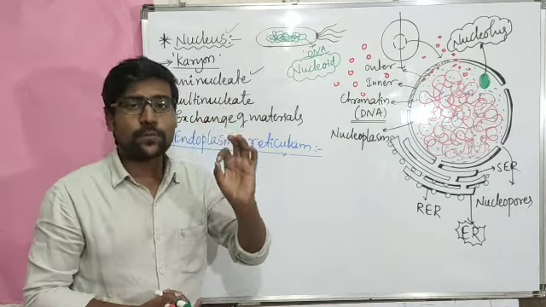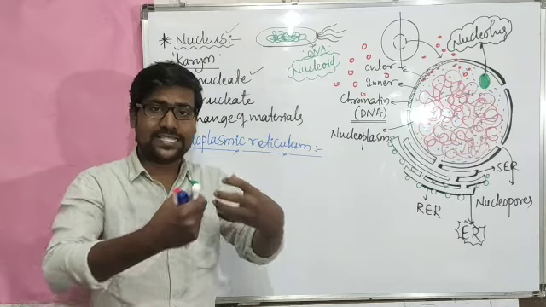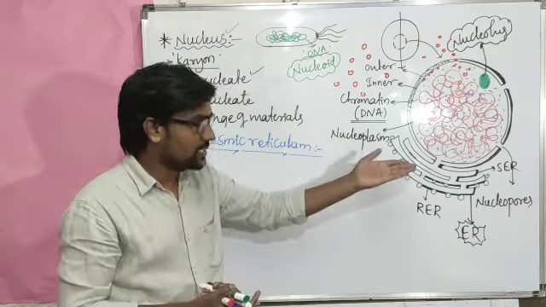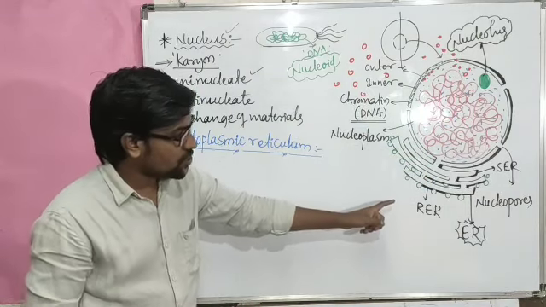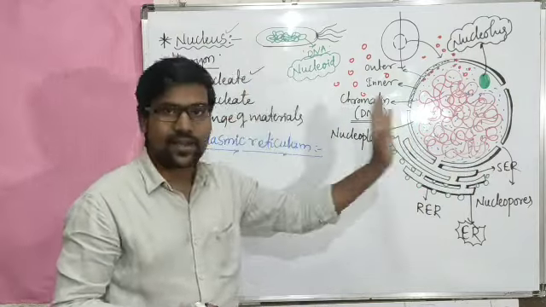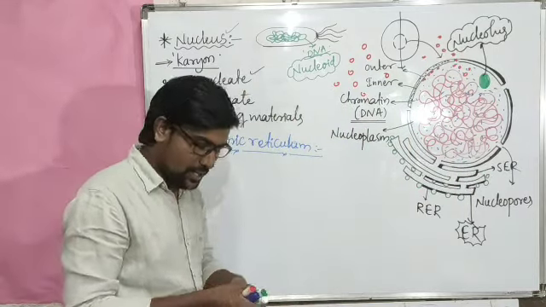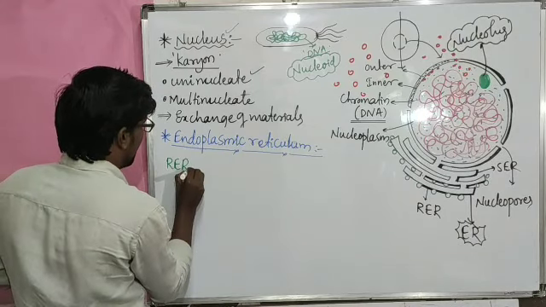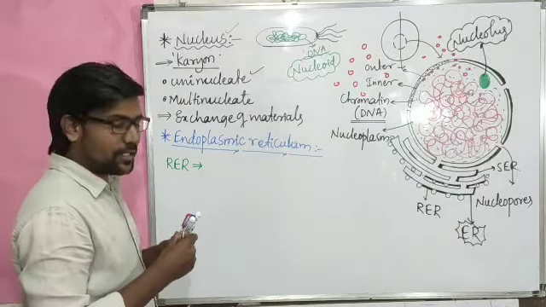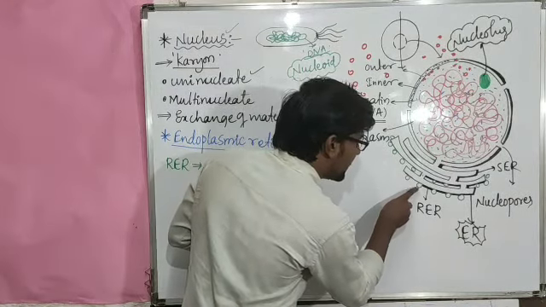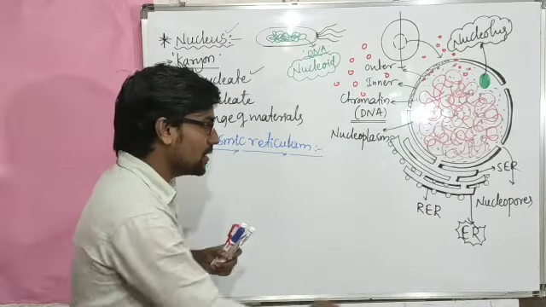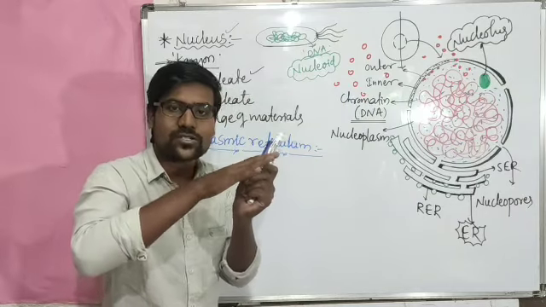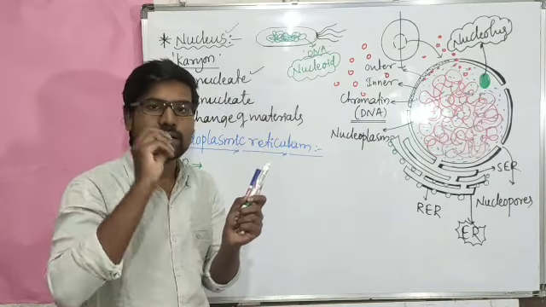And one thing, the endoplasmic reticulum internally gives one shape to the cell, just like an endoskeletal system. We mentioned here we have two types, RER and SER, rough endoplasmic reticulum and smooth endoplasmic reticulum. If we consider RER, rough endoplasmic reticulum, why it is considered rough is that it is attached with ribosomes. If we observe this structure under an electron microscope, this surface looks like a rough surface. Why? Because of the attached ribosomes.